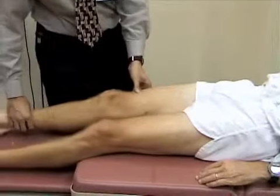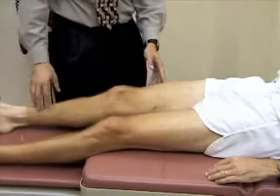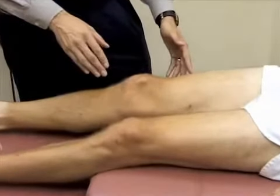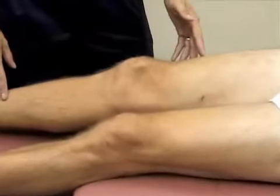And we're going to go ahead and first just inspect the knee, looking at the patella, at the bony landmarks, both at the normal concavities on either side of the patella and below